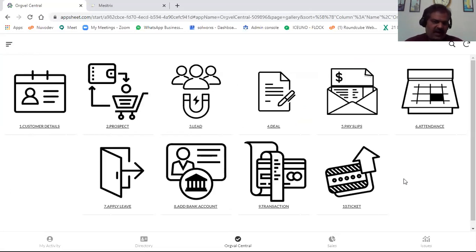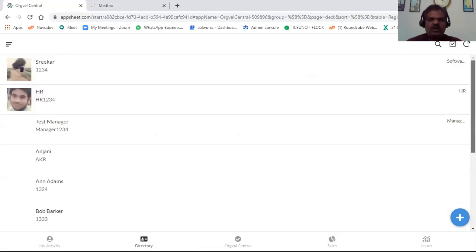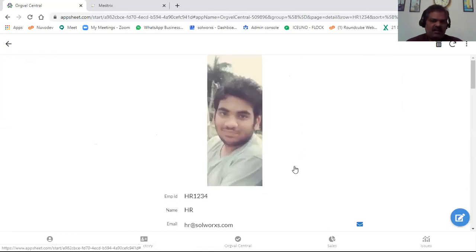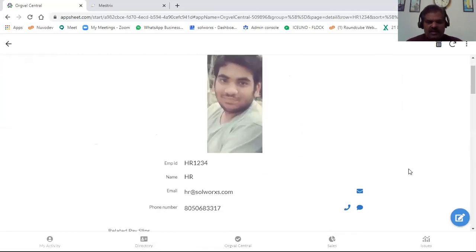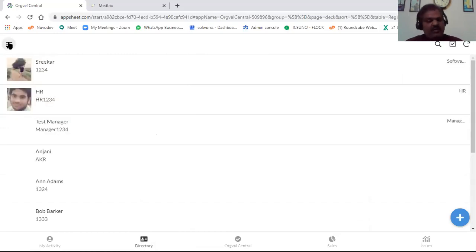And another important factor I would like to show here is this user directory. So we already have this user directory here. So whenever people want to connect with someone, they can just go here and either use the email or phone or text. But certain times this information tends to be very secured. So we can also prevent this by personalizing.